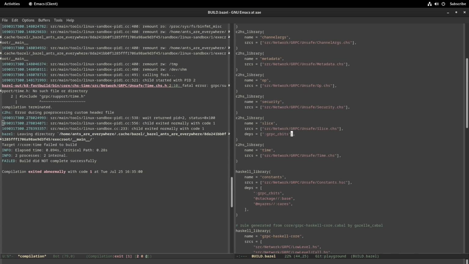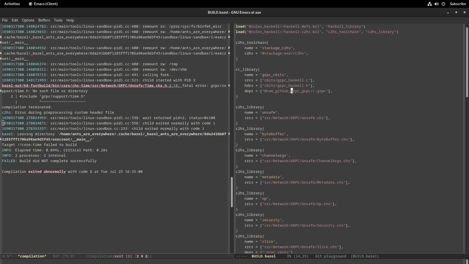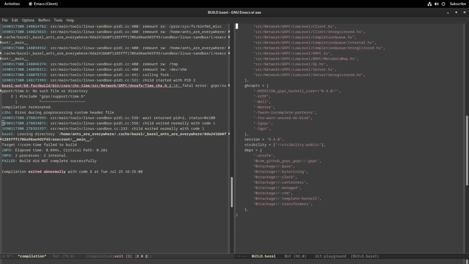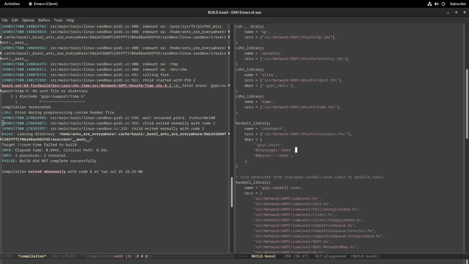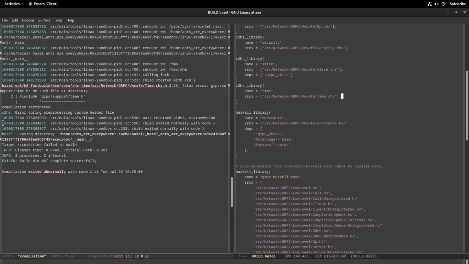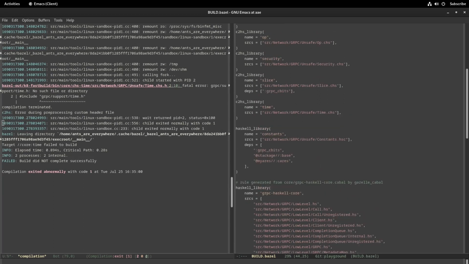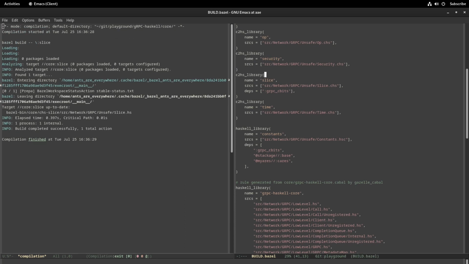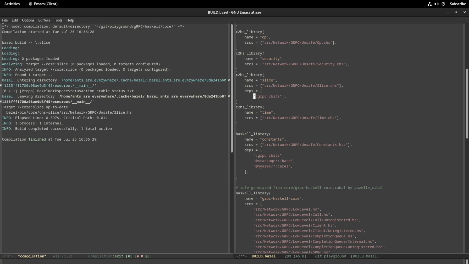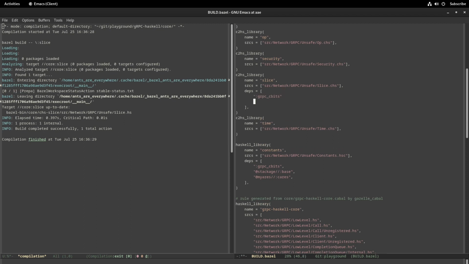I don't remember what the CC rules do. If one of your dependencies includes the others. But ideally, it would fail. I don't know if that's just because that's how the compiler works, or if rules Haskell is doing something funny with the CC dependencies. So let's try in slice, first of all, explicitly adding